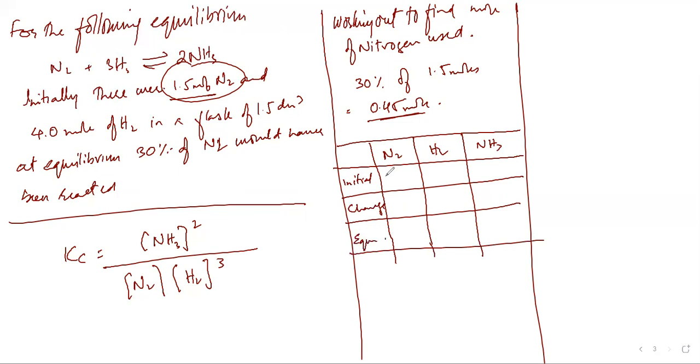So initial moles of nitrogen were 1.5, and the change that is coming is 0.45, and this change is negative, minus. So 1.5 minus 0.45, this becomes 1.05. तो नाइट्रोजन के मोल्स तो मेरे पास आ गया, अभी ये कॉन्सेंट्रेशन नहीं है।